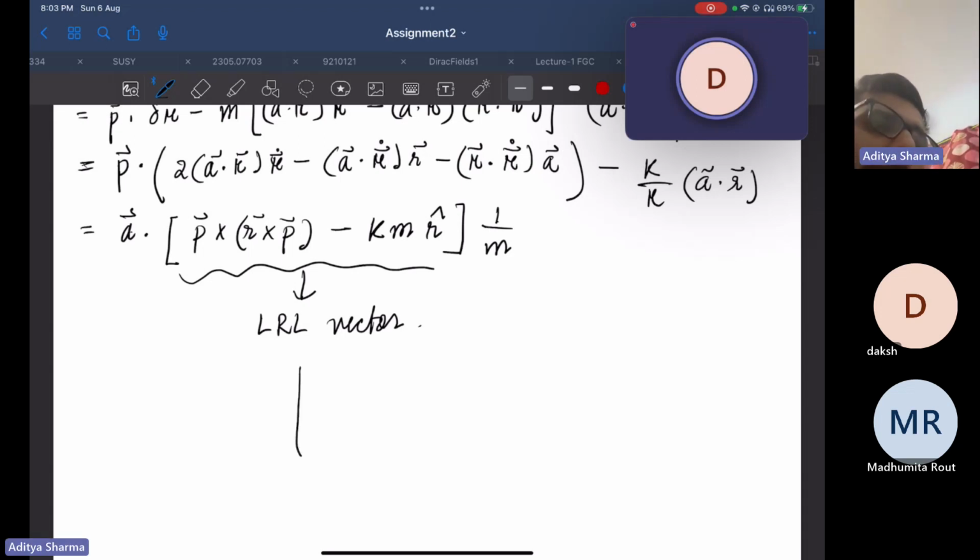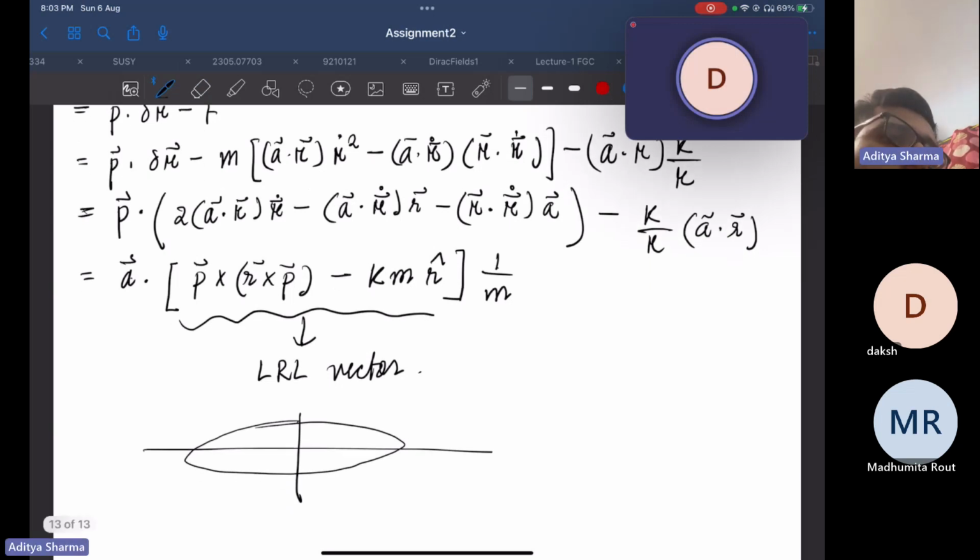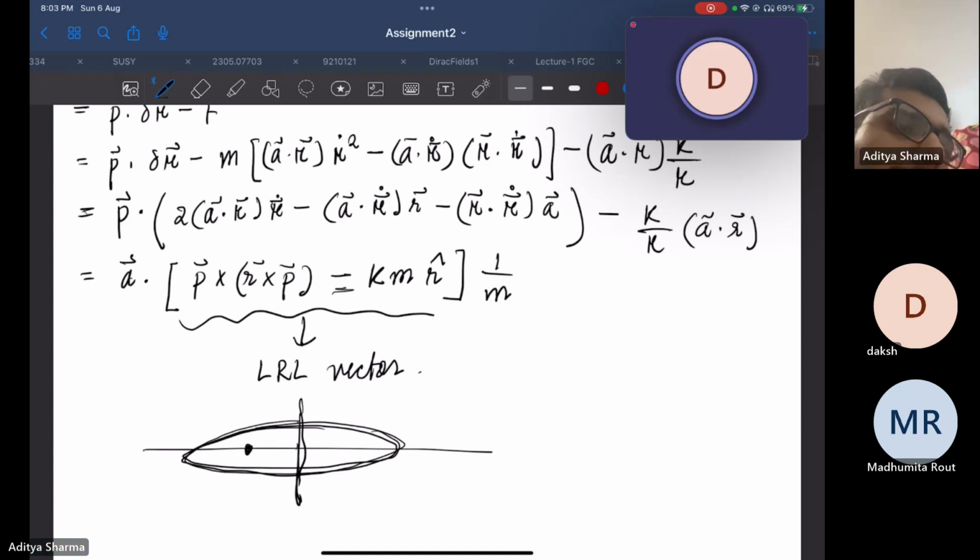So the thing is that in the case of the LRL vector, even if you have kappa positive or negative, you're going to get this thing as a constant. It doesn't matter. But when the sign is negative here, you're going to get an ellipse for some energy. And if you've got the sun here and the planet is here, and if it is moving,